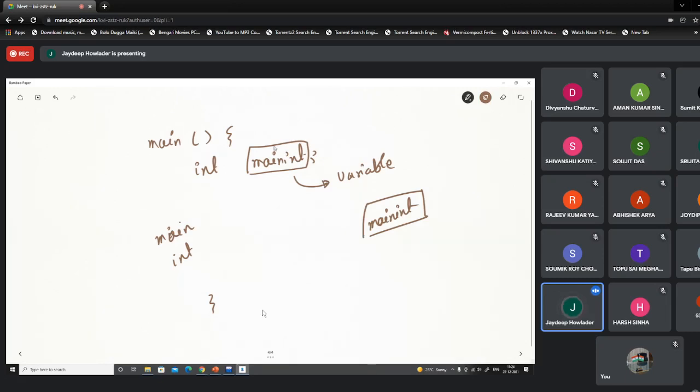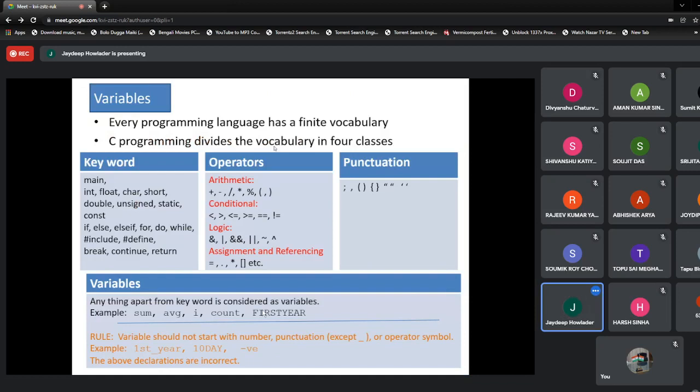So in this way, C defines that we can define different types of variables, and there are some constraints. The constraint says that the variable cannot start with a number. If we start the variable with a number, it will be an error.